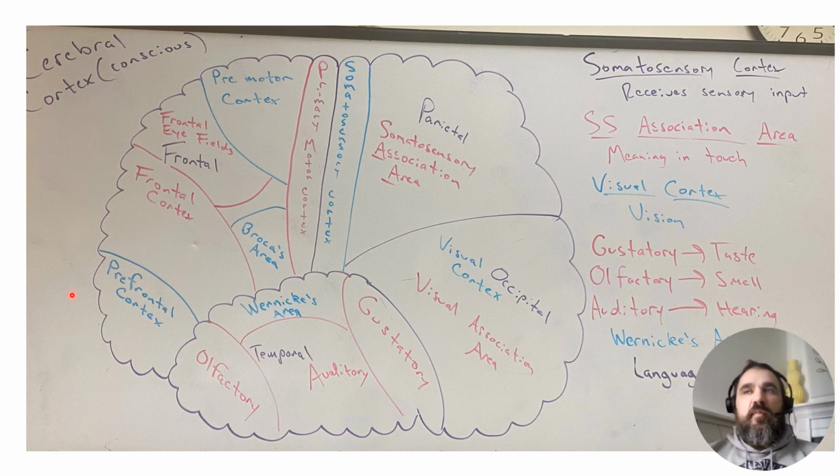Your bicep can keep getting bigger, right? There's room for it to grow, but there's not really room for your brain to grow. So a lot of what we see is that parts of your brain can be developmentally a little larger or a little smaller. They can atrophy. So that is a value, but also how active they are. So we have to look at a functional MRI, put someone in an MRI machine, show them images, and try to stimulate those parts of the brain and see how active they are on imaging. Okay, so how metabolically active they are is what's important. They might not be bigger or smaller, but